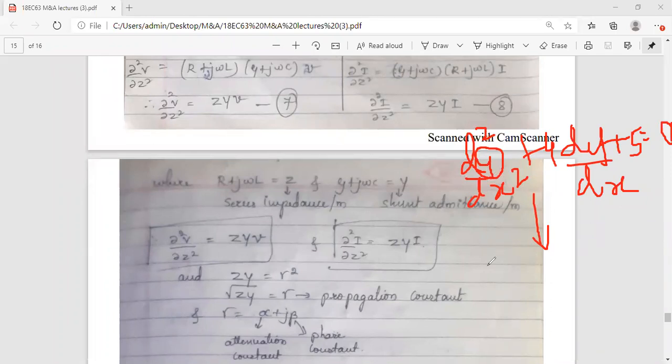How will you find it? Whenever a differential equation is given to you, it has both LHS and RHS. The very first step is to find the homogeneous equation, that is, make the RHS equal to 0. This is the first step, and I have already given you 0. The second step is getting the auxiliary equation. How do you find the auxiliary equation? That is finding the roots.